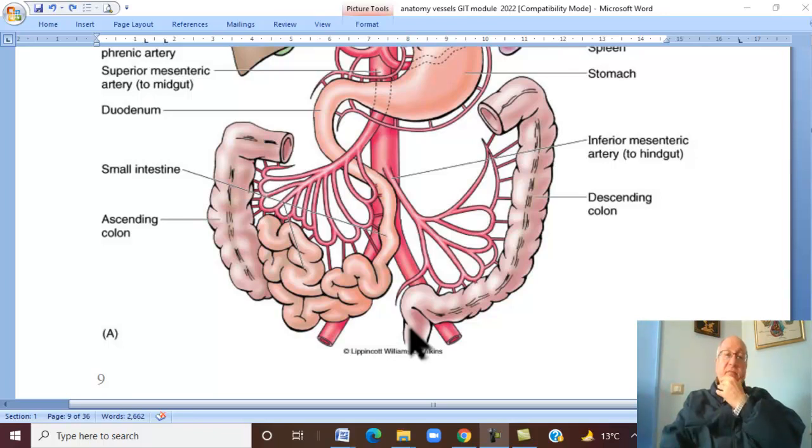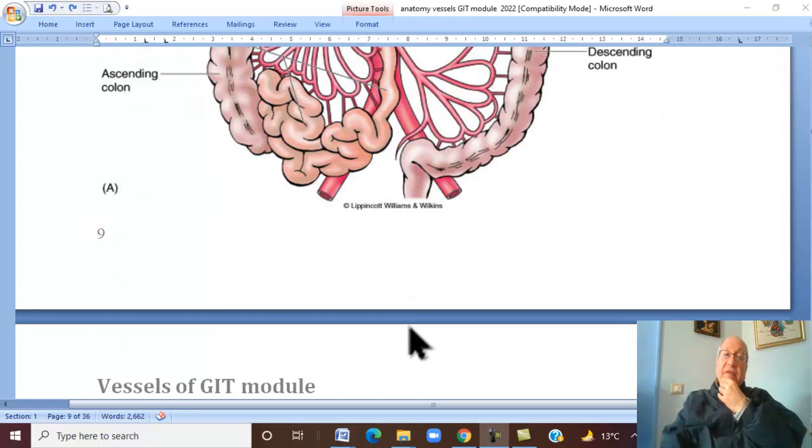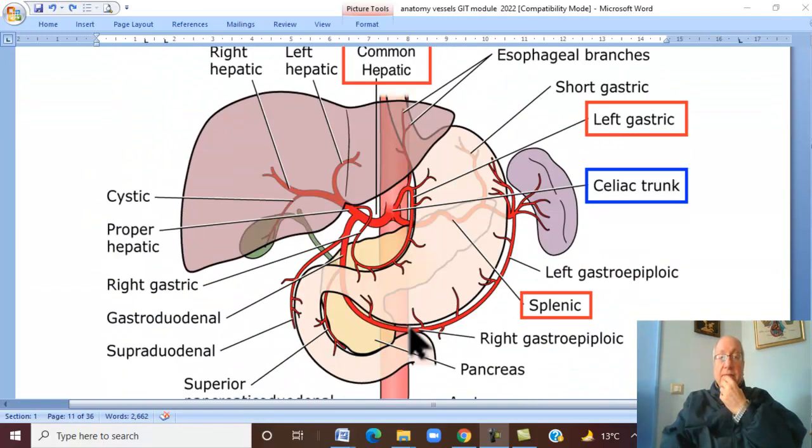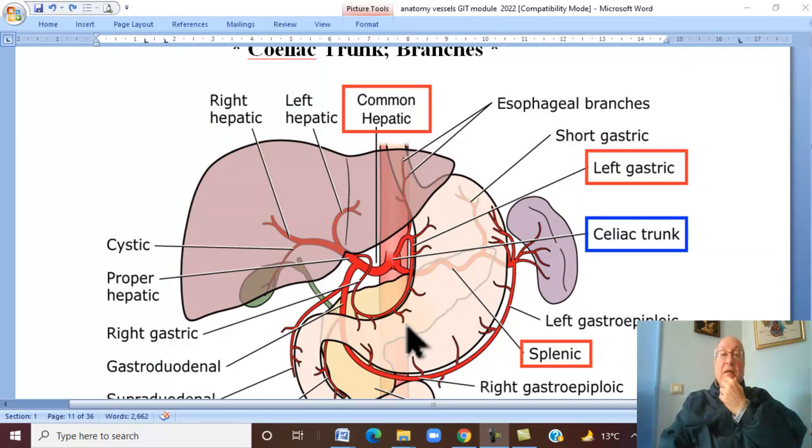Let us take together the first artery, which is the celiac trunk. The celiac trunk arises from the front of the aorta at the level of the upper border of L1 vertebra. It passes forward just 1 centimeter, then ends by dividing into 3 terminal branches: